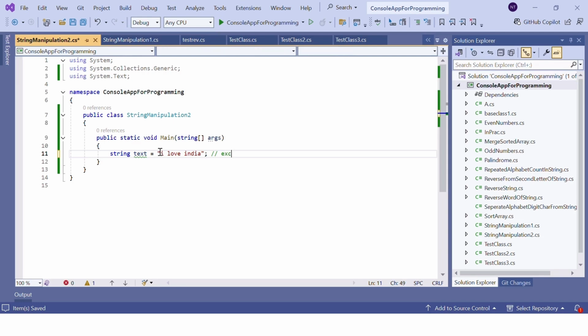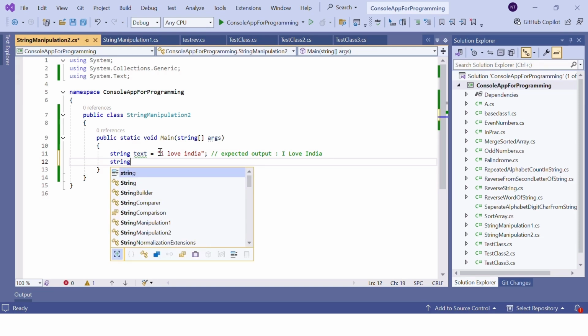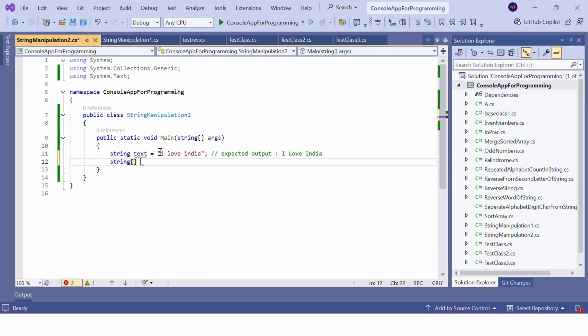I want the expected output to come with I capital, and from love, L should be capital, and from India, I should be capital, like this. For this, first we need to split it. So I will use one string array with the name words,